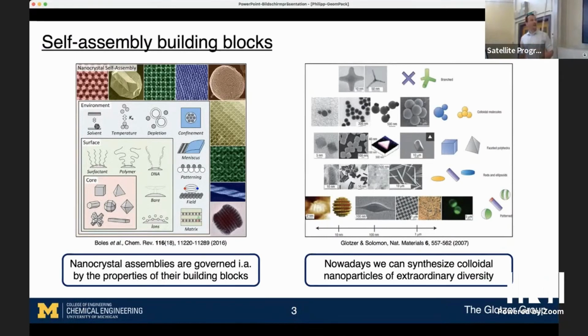And nowadays, this is not only a theoretical idea or an idea for simulations. We can also synthesize a lot of different particle shapes, the fundamental building blocks. We can functionalize them and make them patterned. We can branch them and so on and so forth. However,